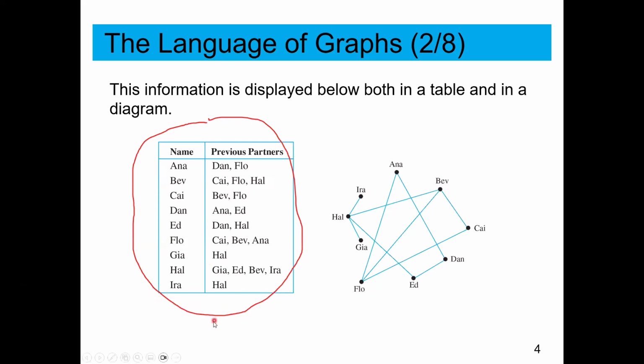And I actually can form some groups. The first thing we might notice is that Flo, Bev, and Kai have all worked together. All 3 of these people have worked together. So if I circle them, what if I just say they're automatically in one group? We're going to put them all together and take them out of this image right here, which is called a graph. So if I take them away,